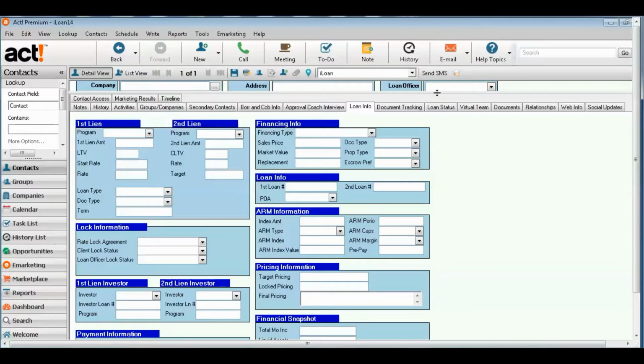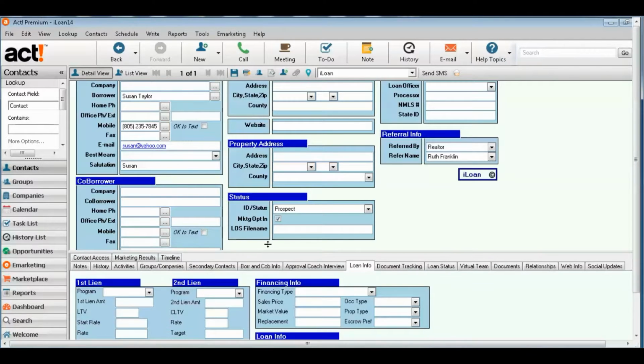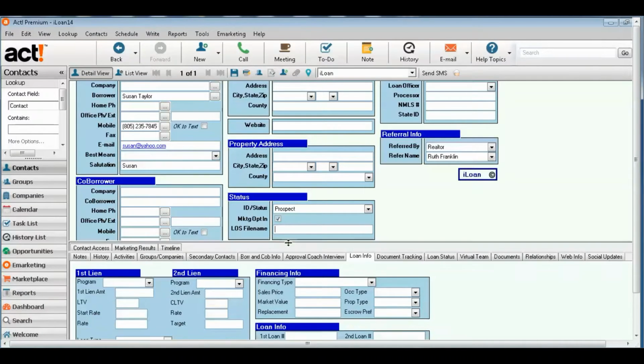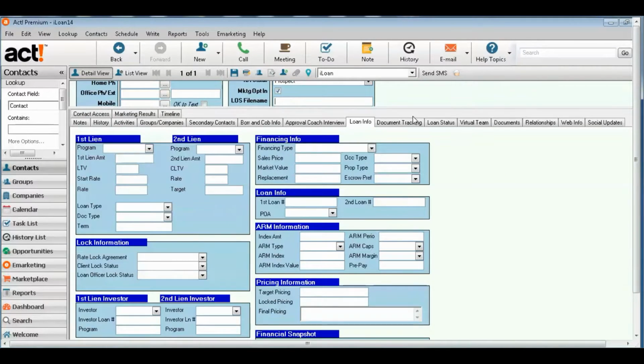Now, something that's important to note here is if I pull all this all the way down, you'll see that here is the LOS file name, so your loan origination software file name. We are also able to, as an option, automatically synchronize your loan origination software to your ACT database. So that is, of course, a very efficient, streamlined approach because you're not having duplicate data entry. If you have any questions about that, please let me know, and I'm happy to go over that with you. If you did have that automatic sync, then all of these types of fields would get filled in automatically by the sync,